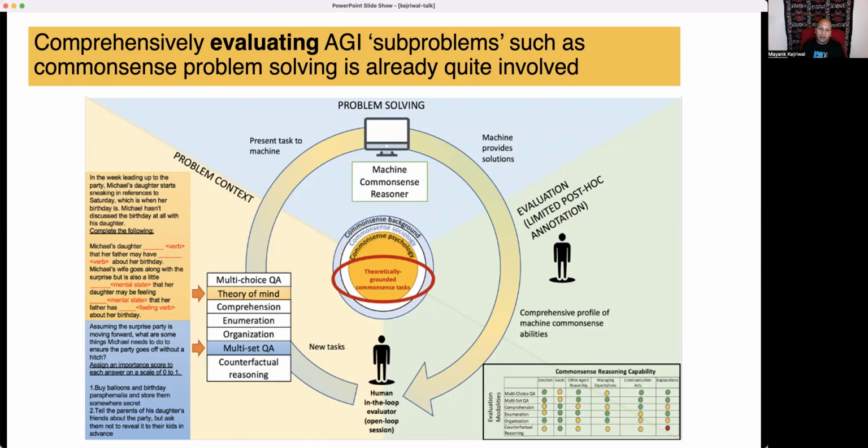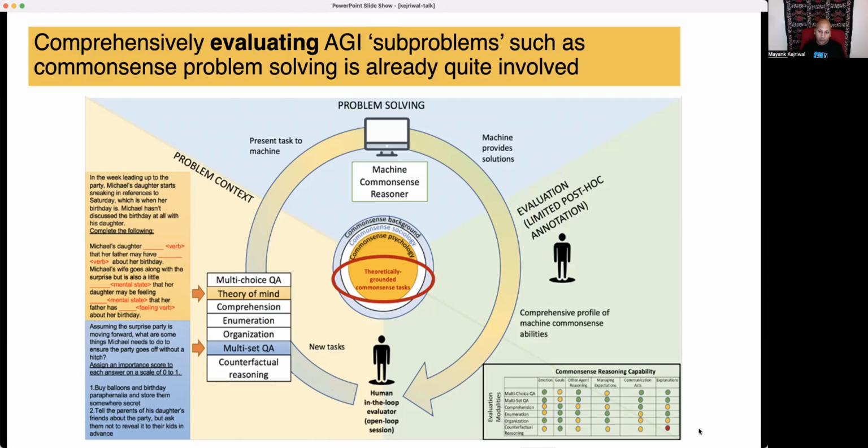But we are still taking a protocol, but what we are really saying is that let's have a conversation with the model within bounds. So if you're evaluating common sense, then we need to ask the model common sense questions, and it needs to be pre-decided. We don't want to make crazy things up on the fly. But we do need this kind of template and evaluate different areas of common sense reasoning in one evaluation session. So that's kind of what we are really trying to get to, that instead of just evaluating one at a time, let's evaluate the whole thing. The different areas of common sense, the different modalities of common sense are all evaluated in one open loop session.